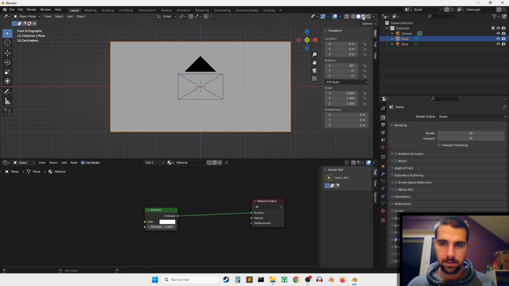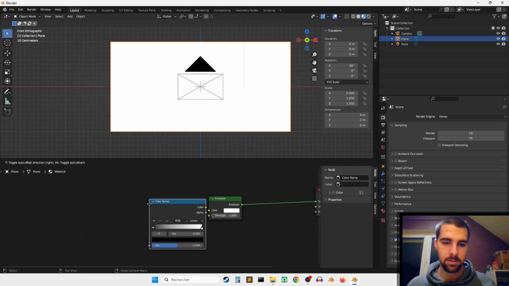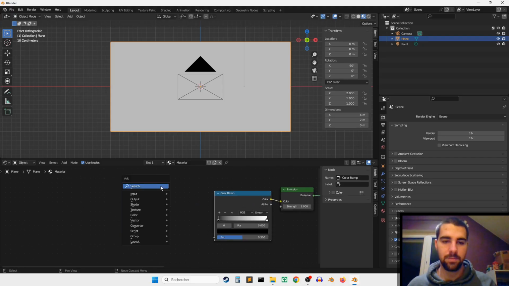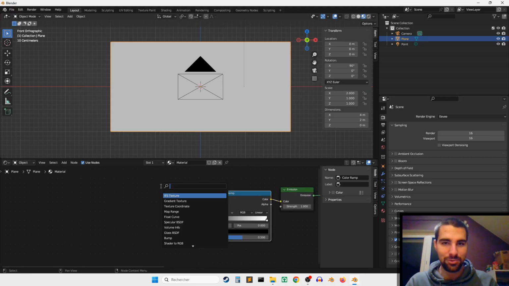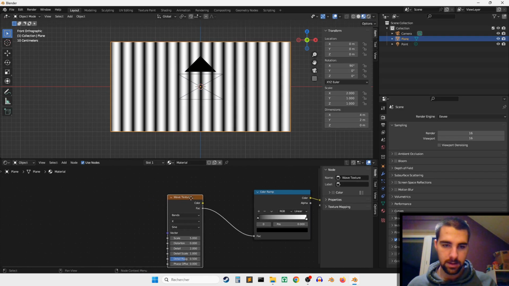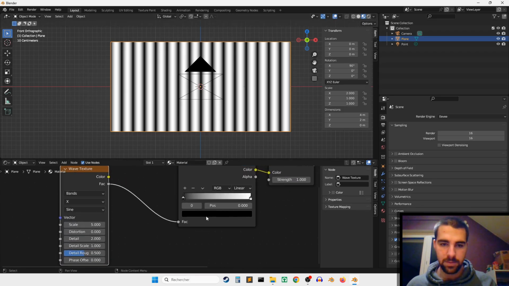What we need is color ramp, sorry, because I'm used to use a mix shader because of the previous tutorials. Wave texture, again. Now you already see what it will be, so